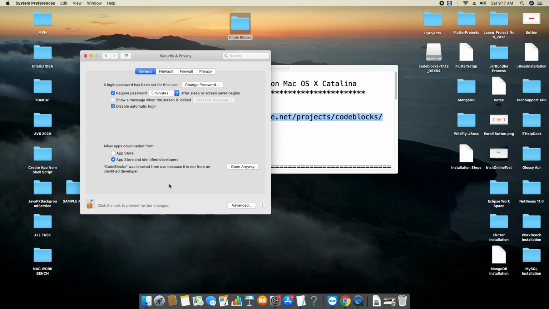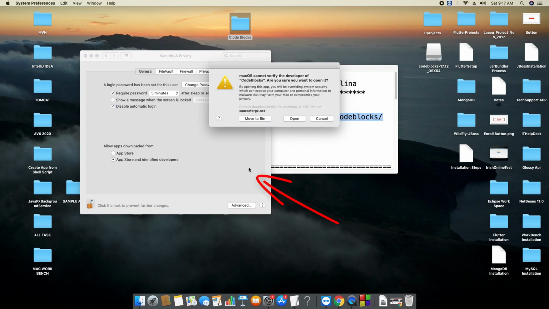Immediately we will see some information appear at this place. Code::Blocks was blocked from use because it was not from an identified developer, that's why. Okay, now we have to click Open Anyway. Again we will get this pop-up box. This wants confirmation that you want to open, click Open.